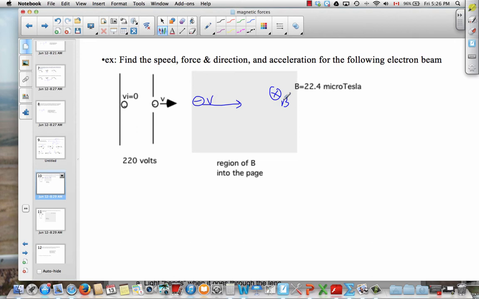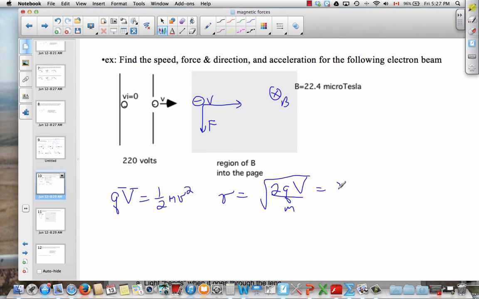You should see your thumb pointing up the page. Because these are electrons, negative particles, the force will be opposite to that, so the force will be initially down the page. Now, for the speed, we'll use the electron gun relation that says potential energy gets converted to kinetic energy. If we solve that for speed, we'd cross multiply the 2, we divide by the mass, and we take